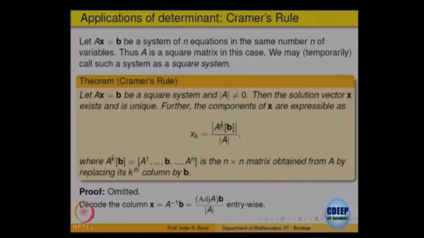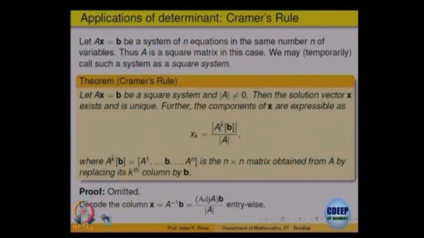What is this ak hat? You want to find the kth entry in the solution. So, in the given matrix, remove that kth column and replace it by b. See, Ax is equal to b, you want to find a solution of that. You know already A is invertible, you want to find x, that means you want to find x1, x2, up to xk. So, what you do is find out determinant of A, which is not going to be 0,